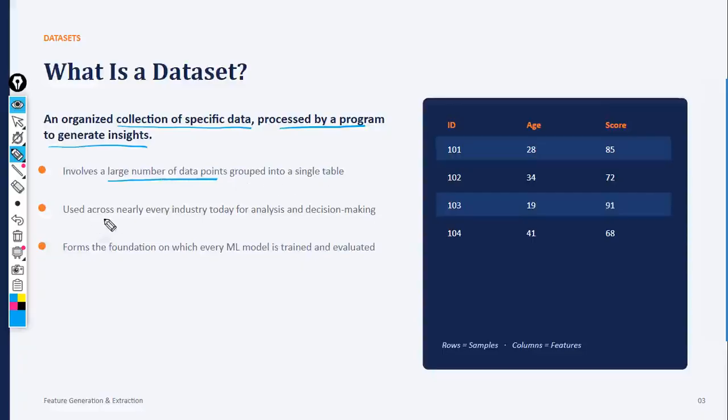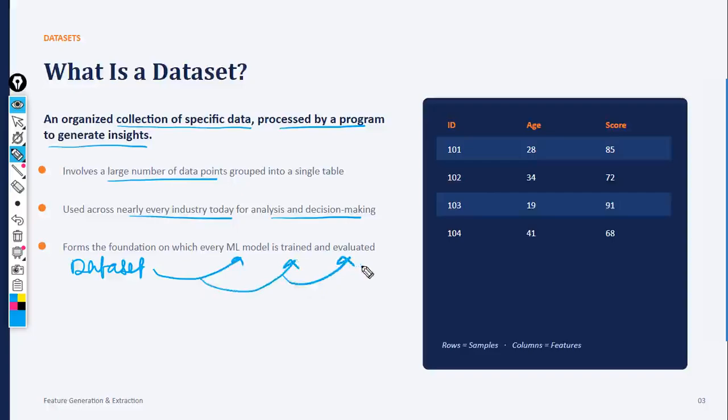It is used across nearly every industry today for analysis and decision making. We know that it forms the foundation on which every machine learning model is trained and evaluated. So a dataset is the basic thing for a machine learning model, based on which we can train and evaluate the